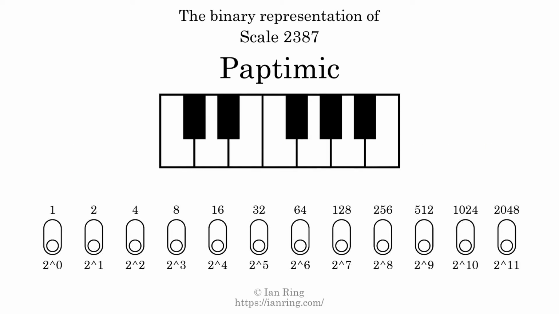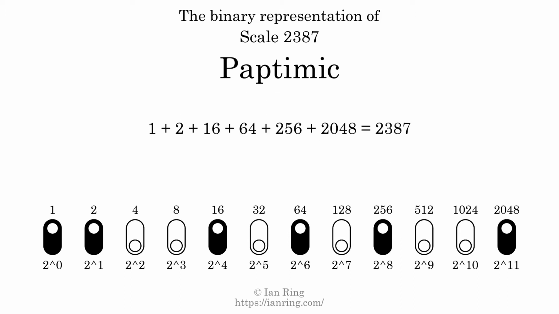The binary representation of this scale is determined by mapping tones of the scale to binary digits. Each binary digit represents a power of 2. To get the scale number, we add the powers of 2 together. The powers of 2 that are present in the scale, all added together, equals 2387. That is why the scale number, in decimal, is 2387. The scale number not only enumerates the scale with a unique index, but it also literally describes the tonal content of the scale. Represented as a binary number in base 2, the scale number is